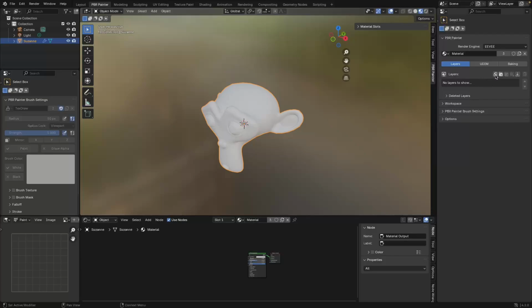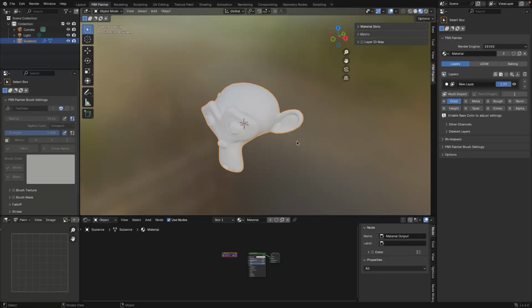Okay, so I'm going to click Add a New Layer. By default, this is set to a standard layer and to a filled layer. So we're going to talk about this filled versus painted later on. For a start, we're going to talk about the different layer types. So in PBR Painter 3, at the time of making this video, there are three different layer types: standard, multipaint, and custom nodes. So the standard layer is what we've been looking at up until this point, and it is basically the type of layer that has most of the functionality that's intended to be accessed using the PBR Painter